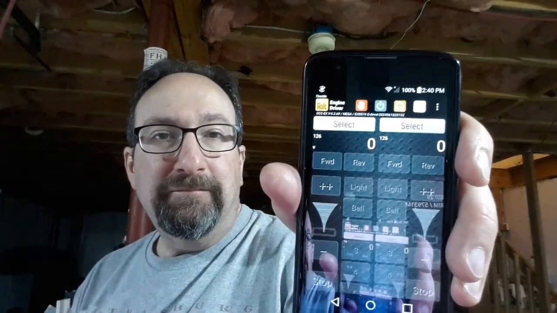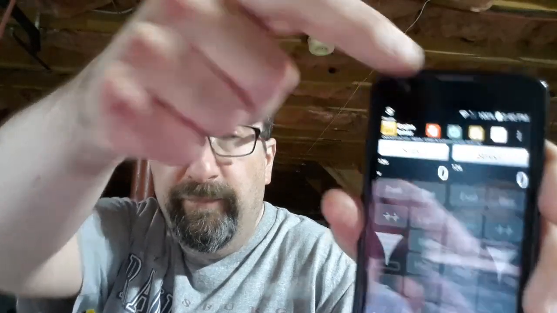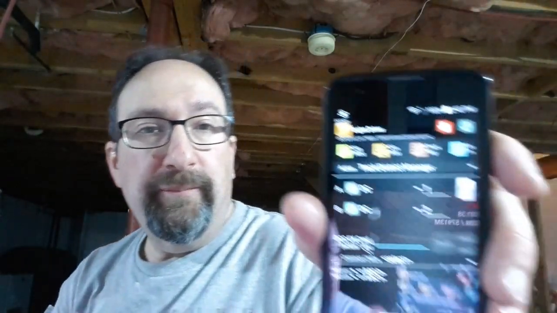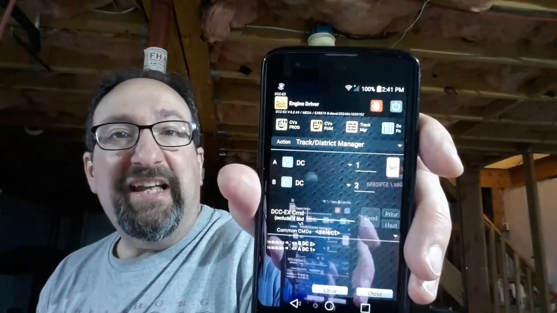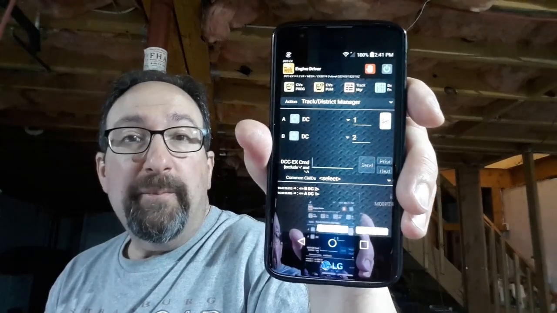But I just want to show everyone that the track power is on. I had to switch it on in the DCC-EX native commands. You will see that